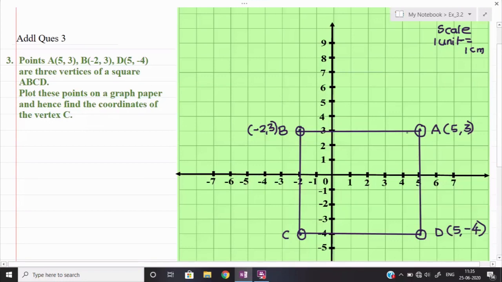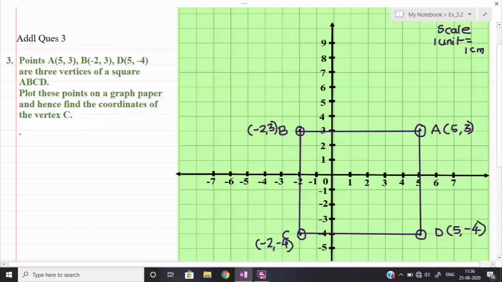Now the question comes here, what will be the coordinate of C? First of all, C. What is the horizontal length? See, this is the horizontal length. Look at the movement of the cursor. Horizontal length is here 2, but if I talk about the coordinate, that will be minus 2. And what is the vertical length? This vertical length is 4, but if I talk about the coordinate, that is minus 4. So I can say that the coordinate of C will be minus 2 comma minus 4.